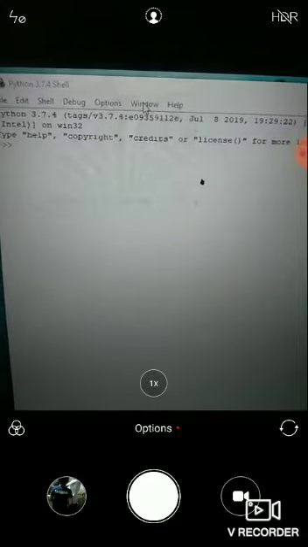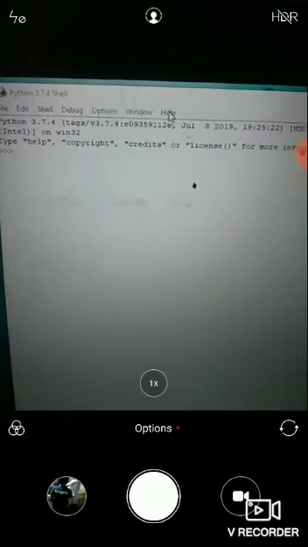The Python shell window has the following menu items: file, edit, shell, debug, options, window and help. Here you can see the menus are file, edit, shell, debug, options, window and help.